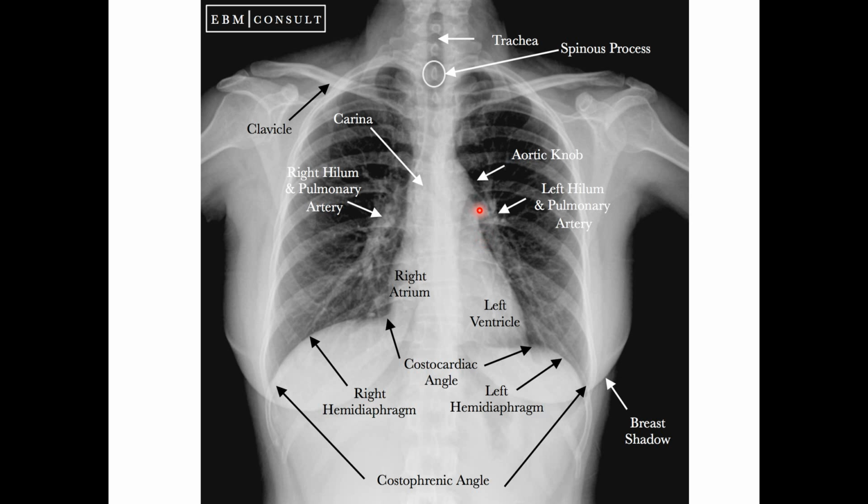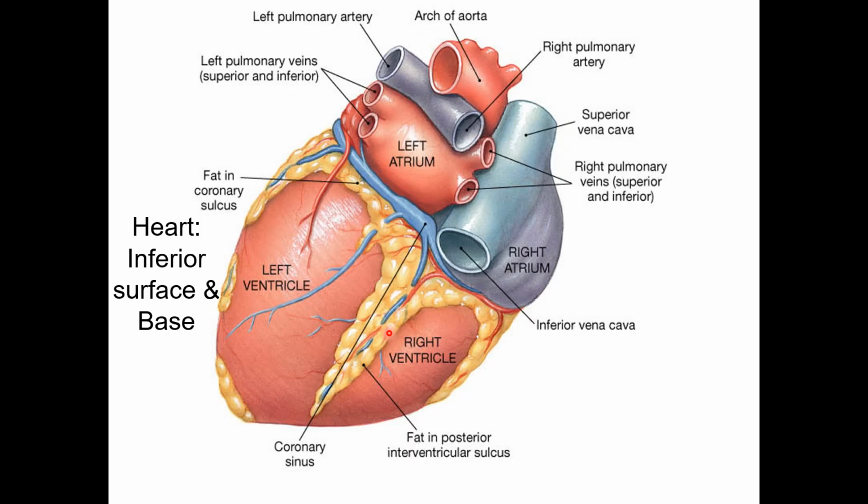Then the left border, this large convexity is all left ventricle. Then I come to a smaller convexity which is the left atrium or auricle, and then we can see the shadow of the pulmonary trunk and the aortic arch. And here between this and this is the superior border. So these are the borders of the normal cardiac shadow or the borders of the anterior surface.